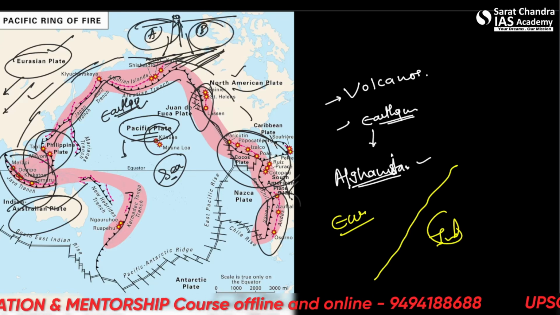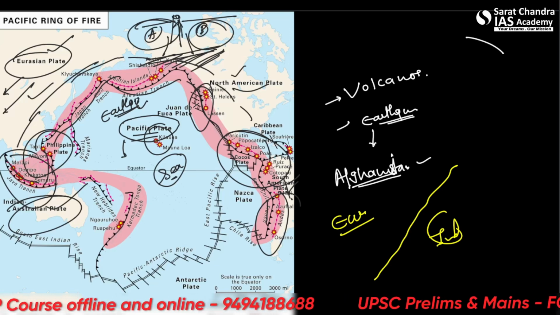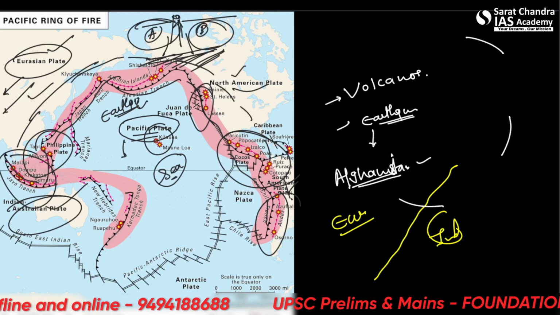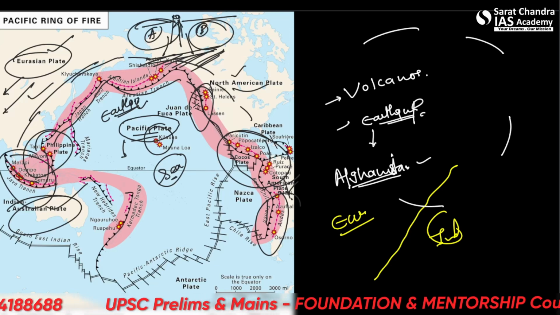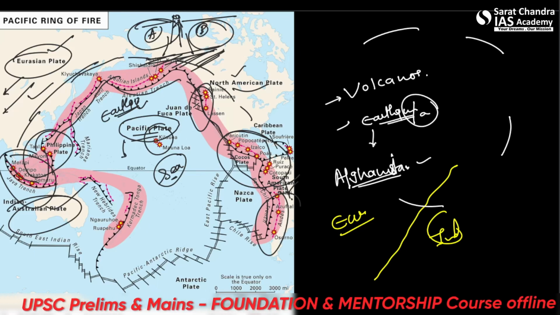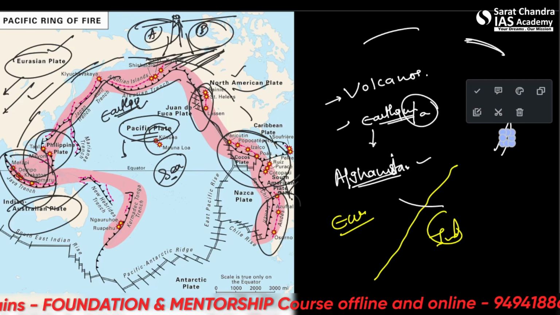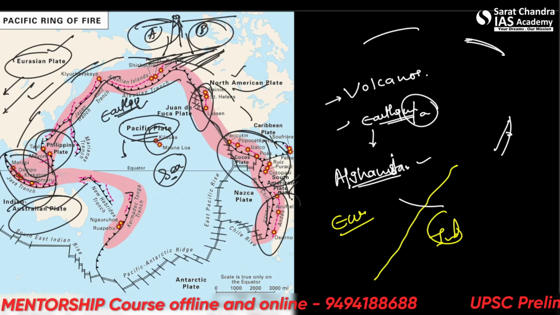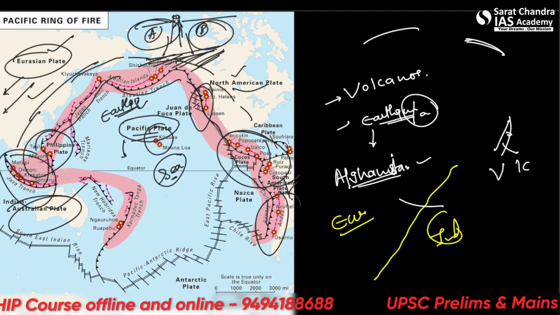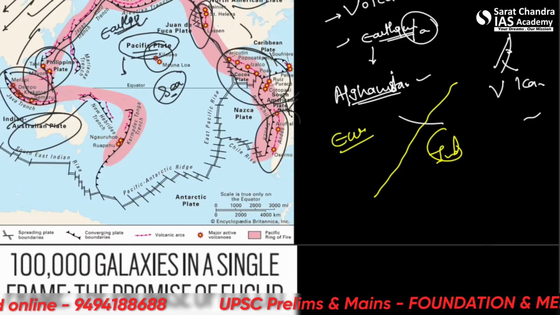That is between these plates. So where we see normally many plates are there, North American plate, South American plate, Australian plate, let's say Eurasian plate, alright, and we see the Pacific plate in between, then what will be a good position for the volcanoes to form? So between the plates, it will be a very good place for volcanoes to form. So this is the reason many volcanoes are there.